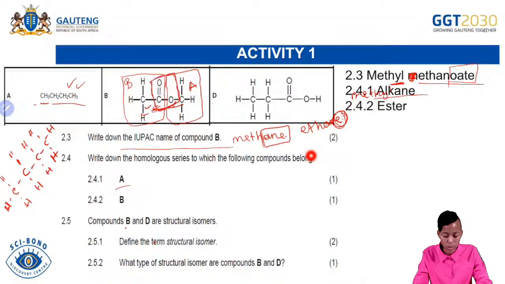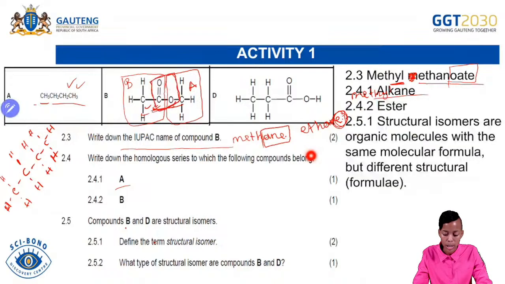2.5.1, we need to define the term a structural isomer for 2 marks. It says the structural isomers are organic molecules with the same molecular formula, remember that? But with different structural formula. So,